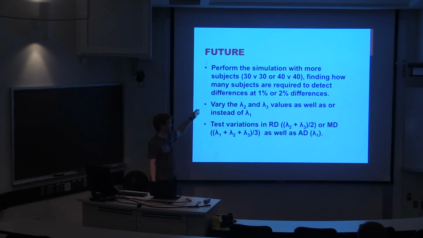Another obvious thing is to vary the second and third eigenvalues, and then also test for variations in radial diffusivity or medial diffusivity. In this case, I mainly was interested in axial diffusivity because that is directly what I was varying in this particular case. I was also interested in fractional anisotropy because it's the most commonly used value in this field. So, yes, that